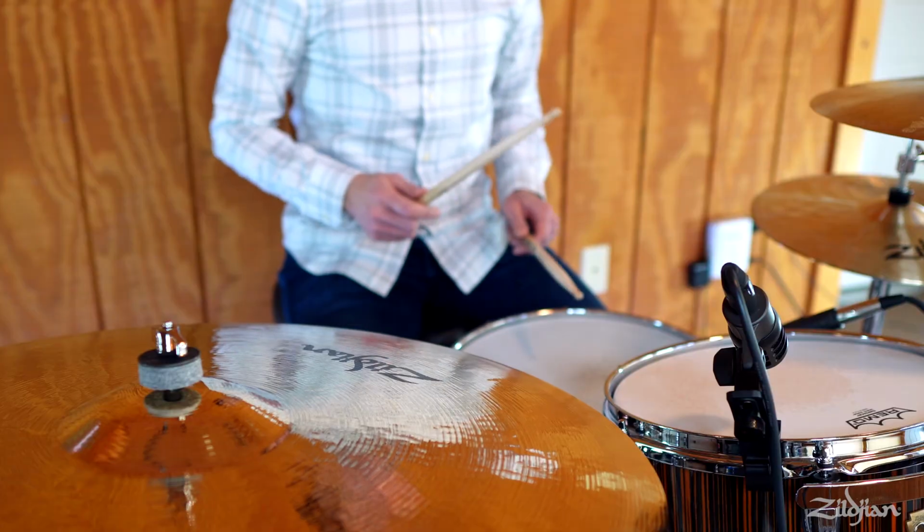All right, so now that you've had that opportunity to try out the groove, let's try another exercise. Play along with me once again for 16 measures. This time the tempo, however, is going to be at 75 BPM. 1, 2, ready, and...